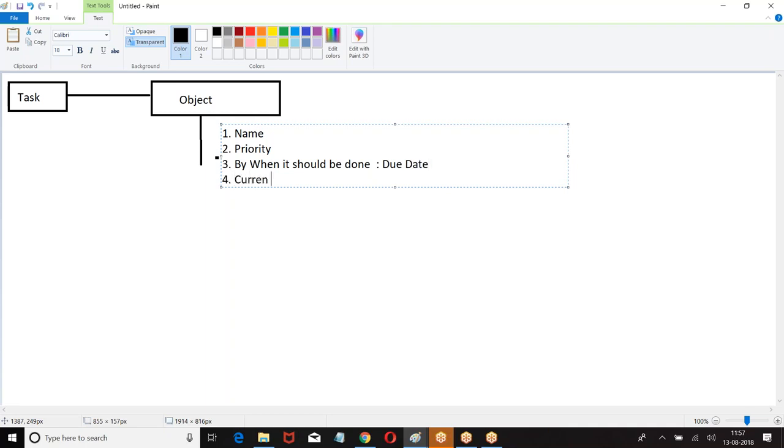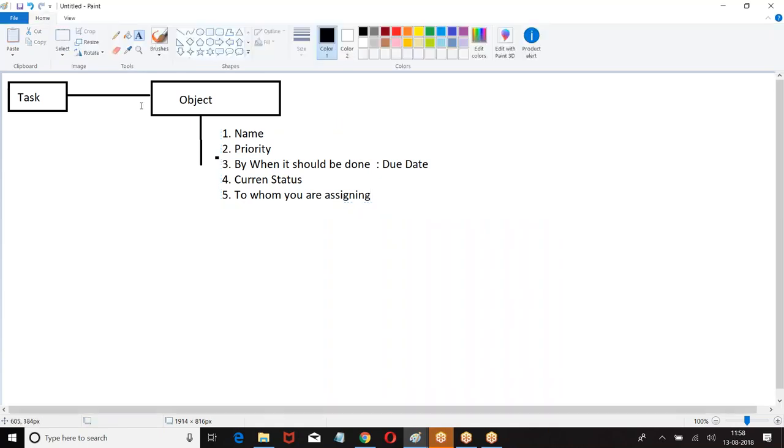Current status, then to whom you are assigning. So on an object, what is the name of the task, what is the priority, by when it should be completed, what is the current status, to whom you want to assign the task. Okay. Now,